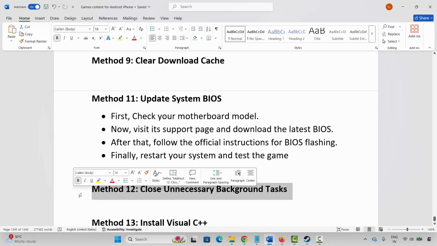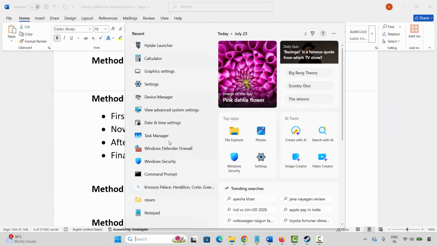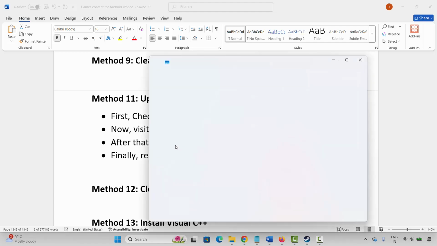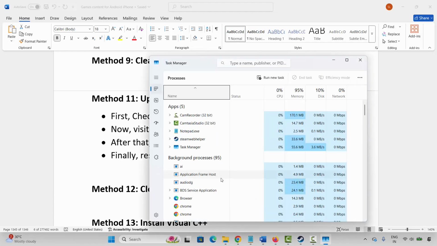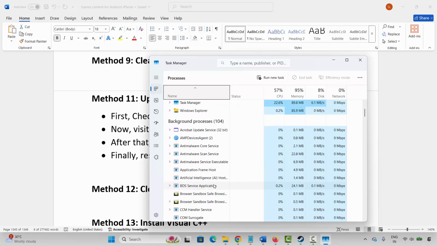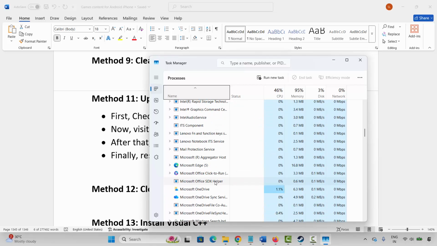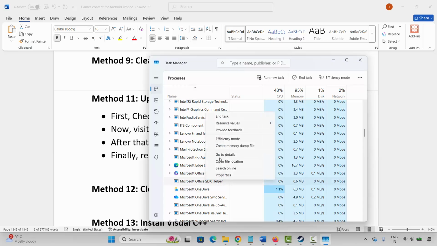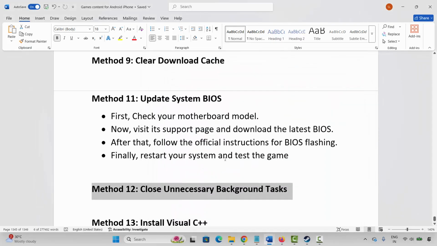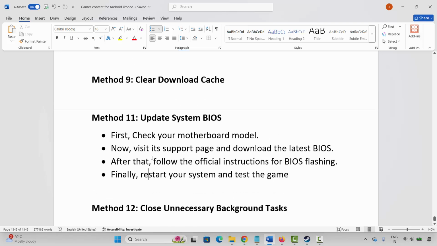Next is to close unnecessary background tasks. For that, go to the search option and search for Task Manager. Now here under the background process tab, you have to check for those apps which are running in the background without any use. You have to close them. So for that, select the application, right click on it, and click on end task. This will close the app that is running in the background, and after that, try to log into the game